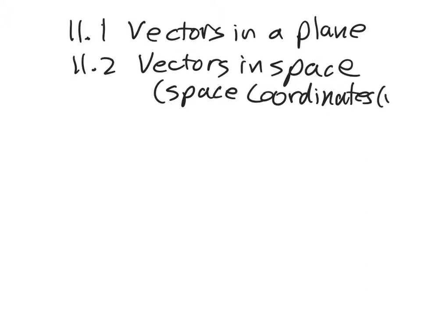So the X, Y, Z coordinate system. So we'll kind of pull all this together because we're doing the same thing with vectors in a plane or in space. And then there was a little bit of stuff that we only saw in one section or the other,